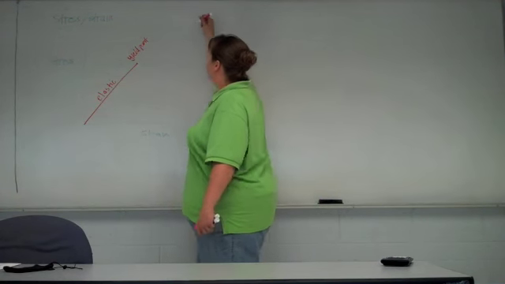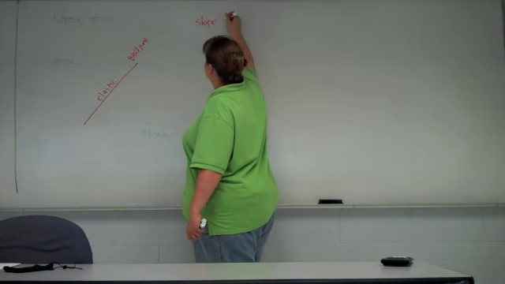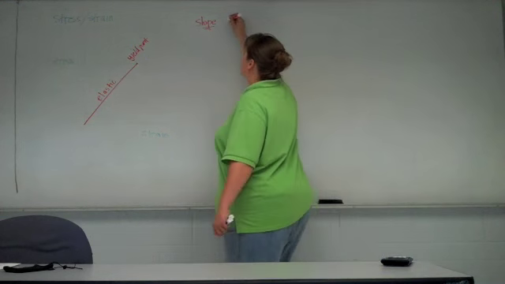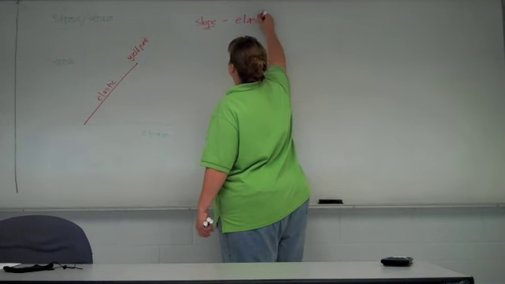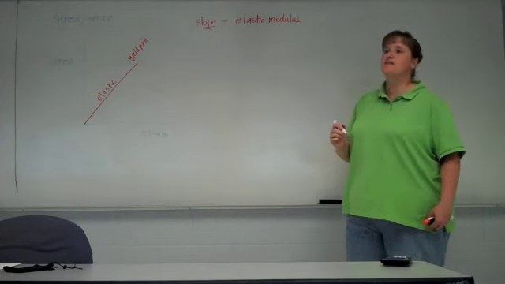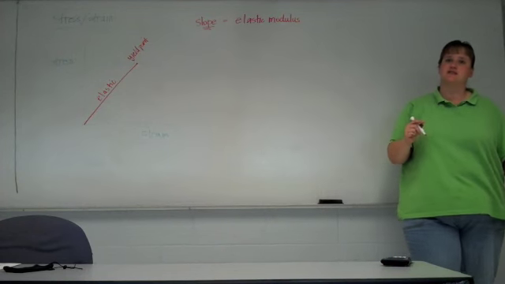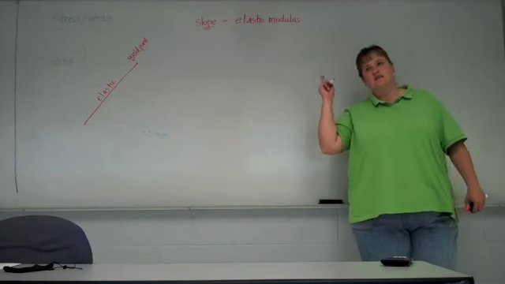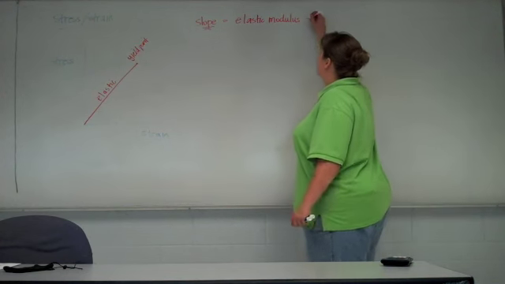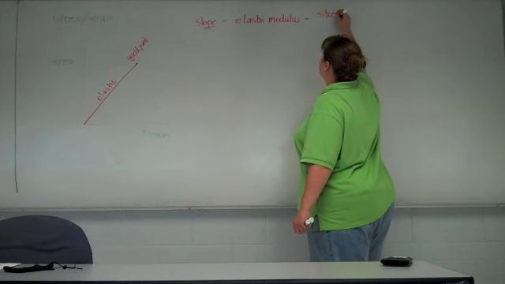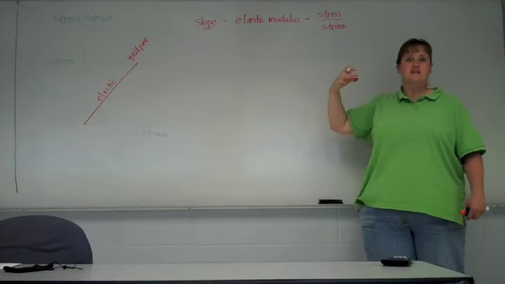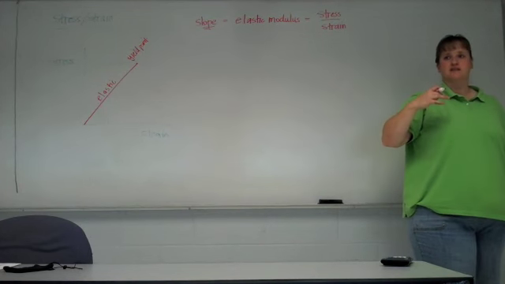What we're going to talk about is the slope of this line. The slope of this line is called the elastic modulus. So the slope of the linear region is called the elastic modulus. All materials have a specific elastic modulus. The elastic modulus is the ratio of stress over strain. The pressure is applied over the deformation of your object.